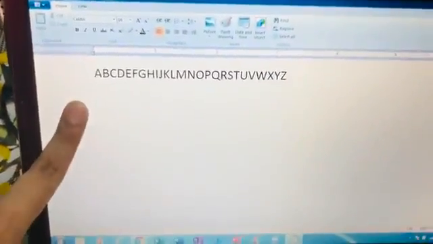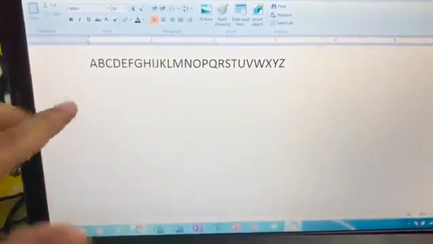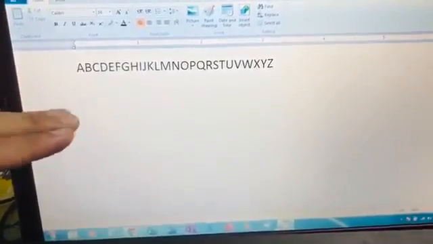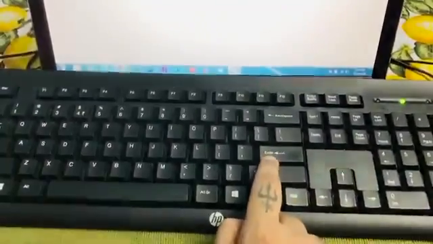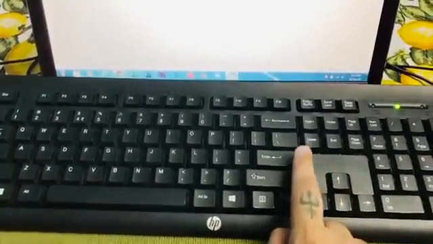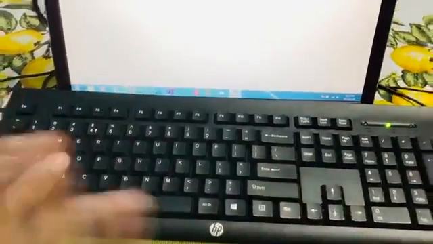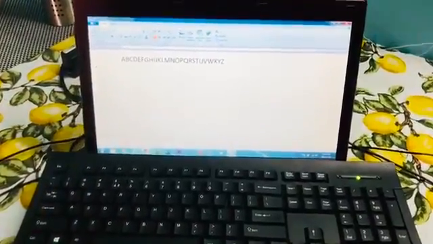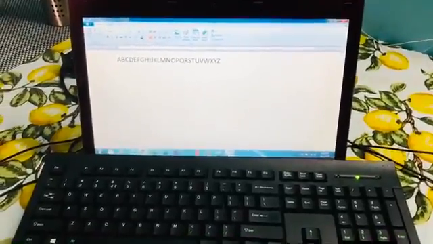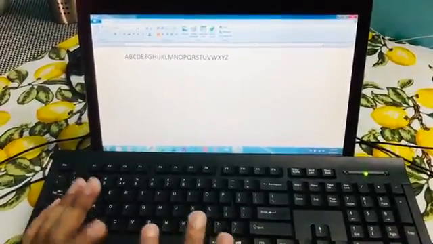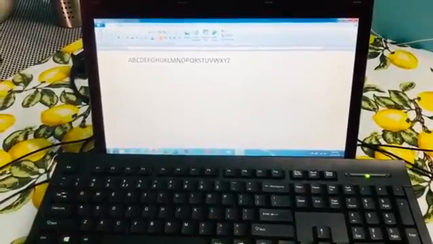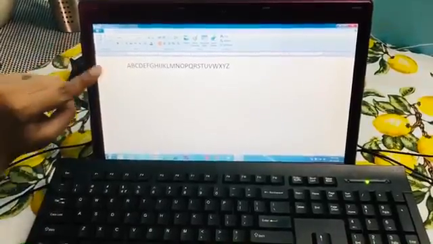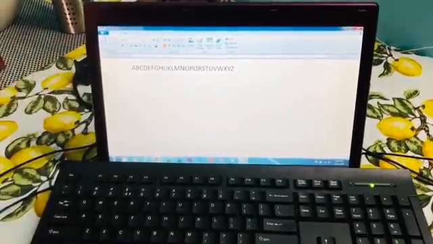So, when you want to go from one line to the next line, you are going to press enter. So now kids, when I have pressed enter, I am going to type my name and all the letters of my name are going to be in capitals.